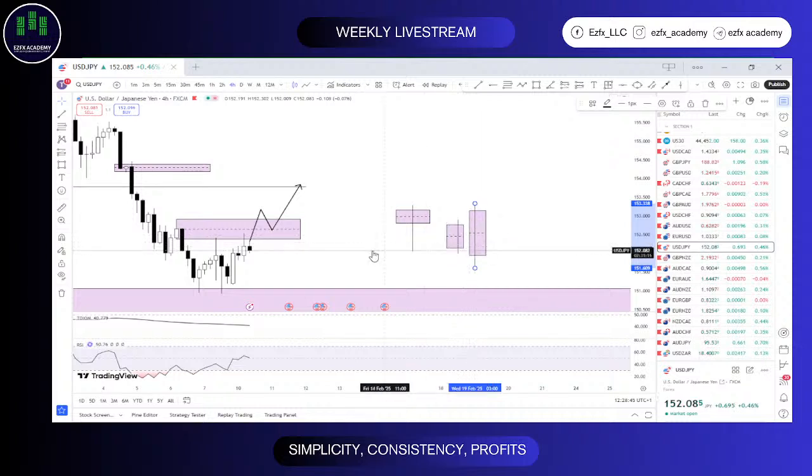But basically for me right now, I'm just going to give you this one. Just watch out for a possible break and retest of USD JPY from around 50%. Again, that's around 152.630 or so. Watch out for a break and retest from there, then you might be able to take up your buys.